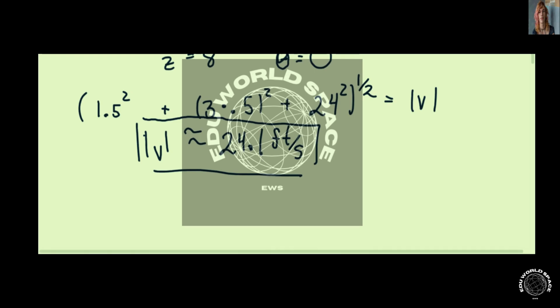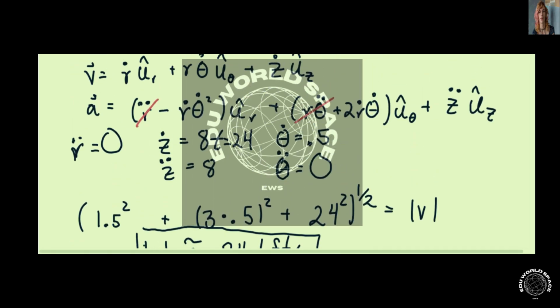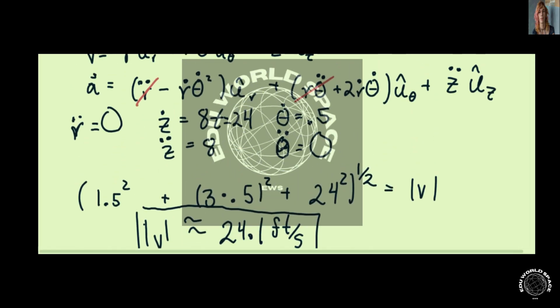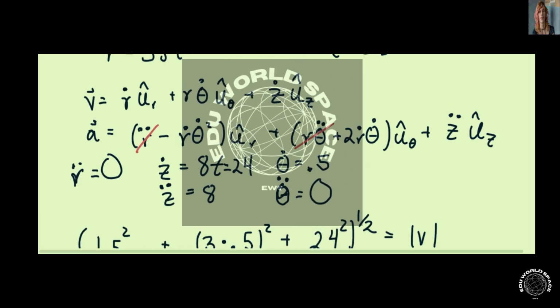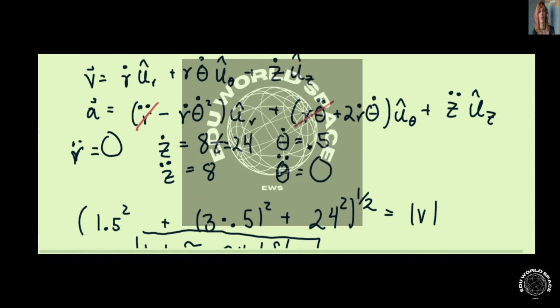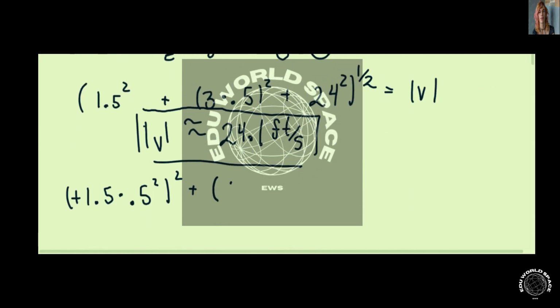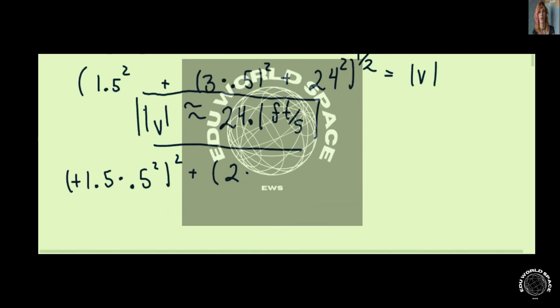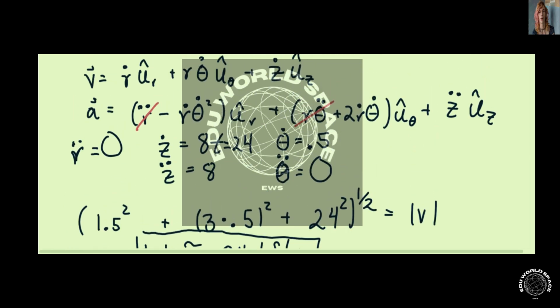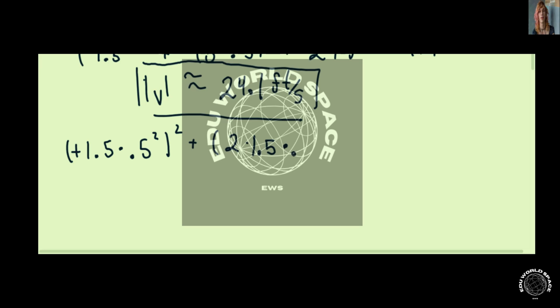So we have that this is going to be minus r dot, which is 1.5, times theta dot squared, and theta dot is 0.5 squared, and then all of that squared again, so this minus sign is going to be gone, plus 2 r dot, which is again 1.5, times theta dot, which is again 0.5,